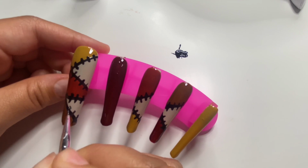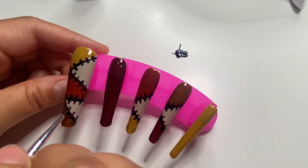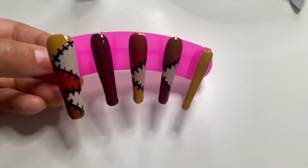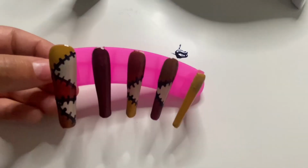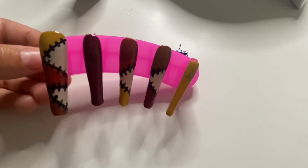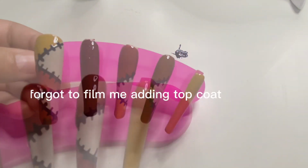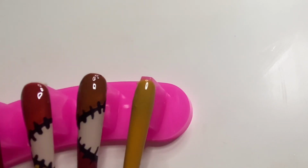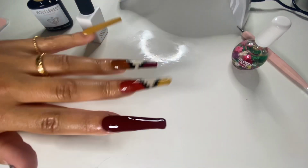I did want to add that I know my pointer finger has a lot of gel kind of built up at the bottom. That's why it kind of looks like bulging there. So if I was going to be either selling or wearing these nails, I would have definitely filed those more, which I did when I took some pictures. But here are the final